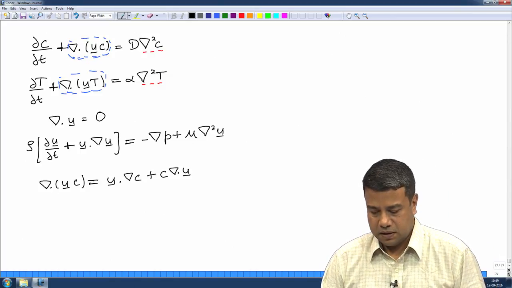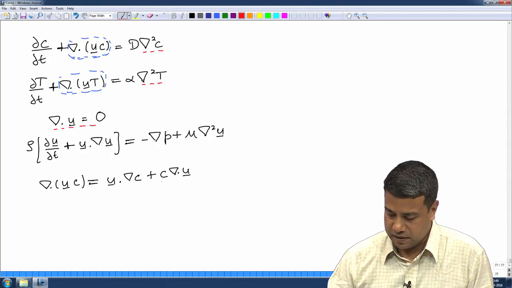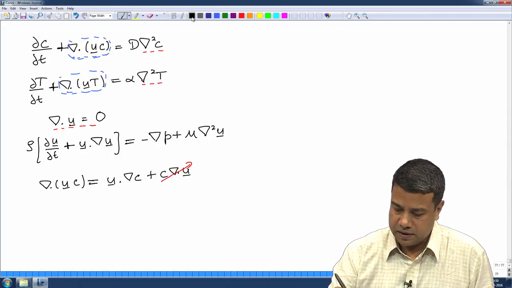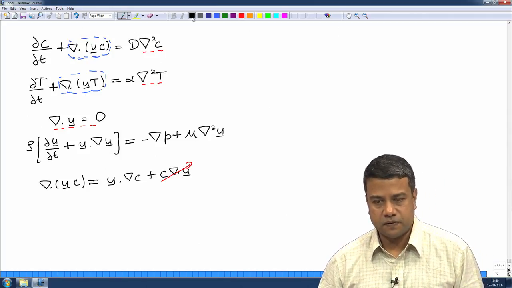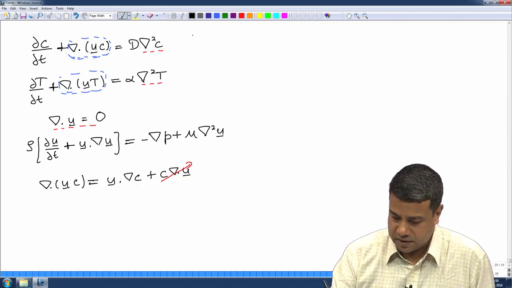And if the fluid is incompressible, because of this mass conservation condition, the second term is 0. Therefore, for incompressible fluids alone, I can alternately write the concentration and the temperature equation as